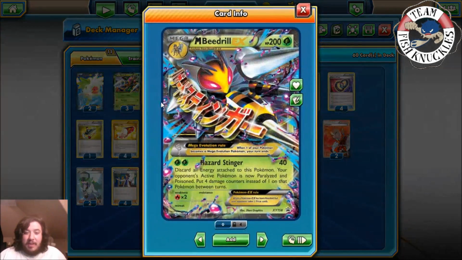Now, like I said, our main attacker is going to be this Mega Beedrill. 200 HP, which is pretty low on the Mega side, but it has the attack Hazard Stinger. It does 40 base damage, which is not a lot, but its effect is really, really cool. You discard all energy attached to this Pokemon, which is sad. You have to discard all energy, so you have no more grass energies attached to your Mega Beedrill. But your opponent's active Pokemon is now paralyzed and poisoned, and you put 4 damage counters instead of 1 on